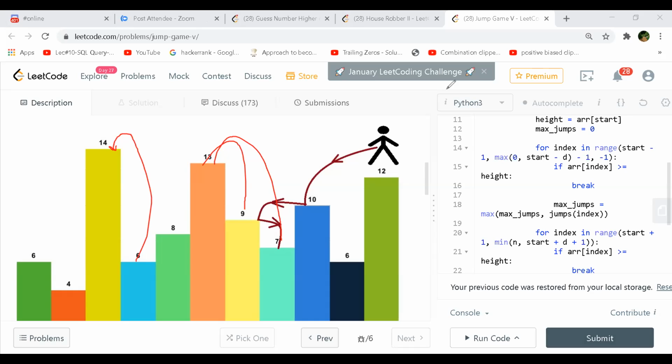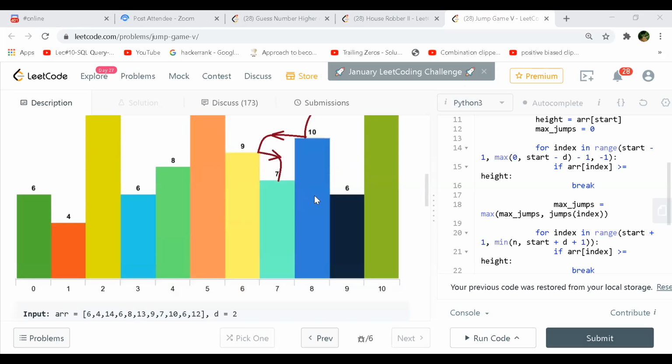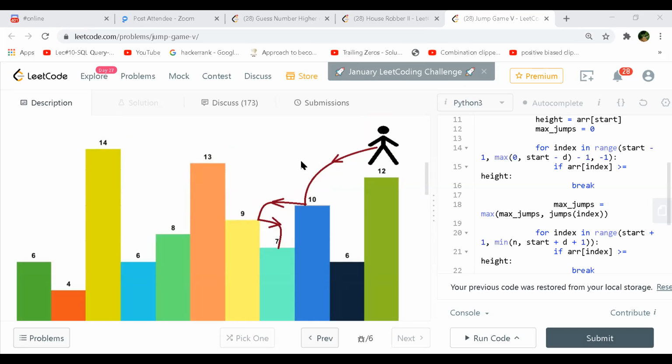Also, when you jump, like from 12 to 10, you are allowed because your d is at least 2.